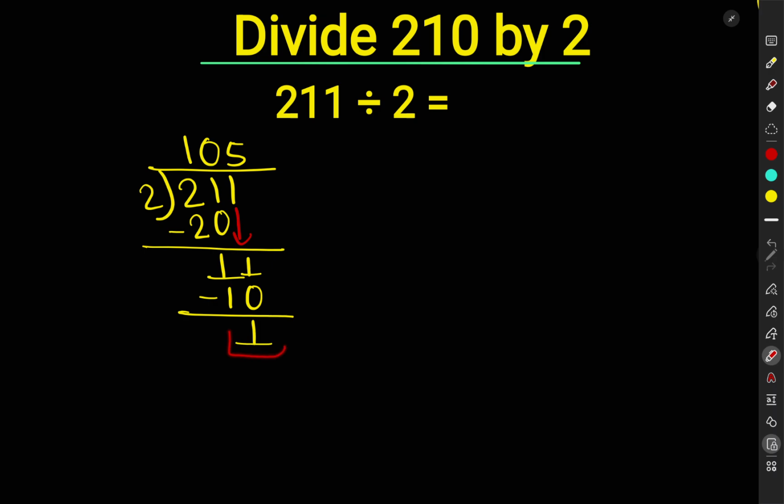So again this 1 is less than 2 and there is no other number beside. So we put here decimal so that we take 0. And 2 times 5 means 10. On subtracting we get 0. So 211 divided by 2 is